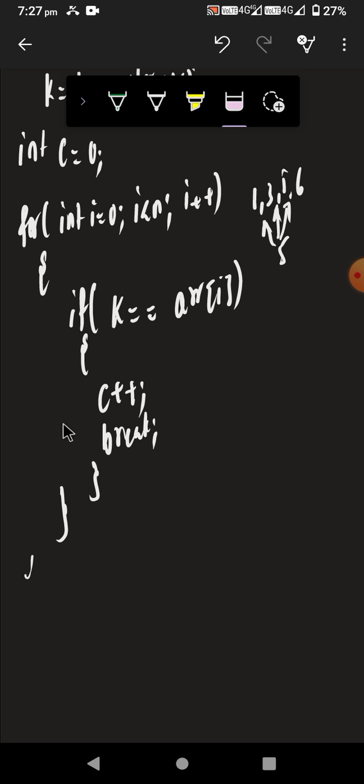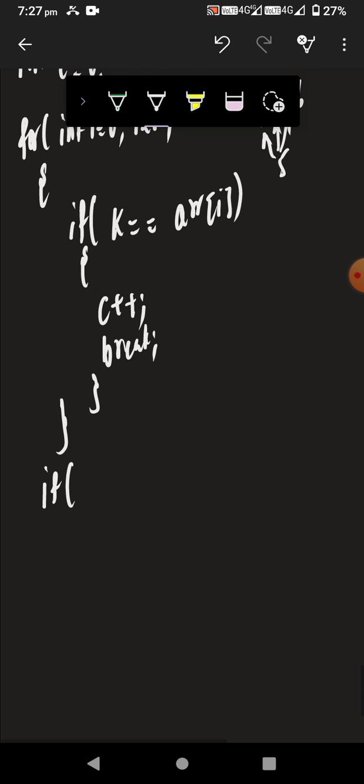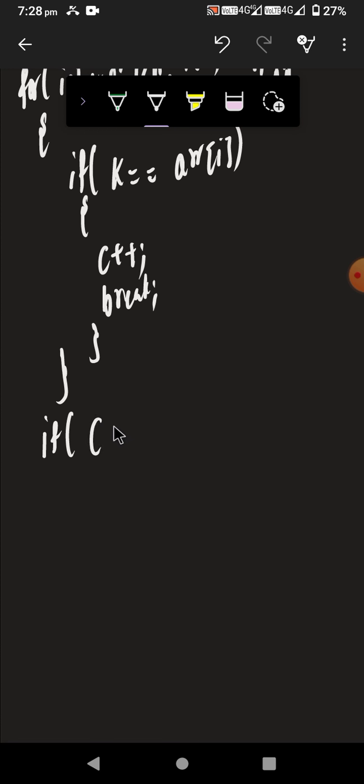Now we are writing one if condition. If your c value is equal to 0, suppose c value is not changed. When the c value does not change, we did not find any value equal to k, because if it were executed, the c value would be incremented.